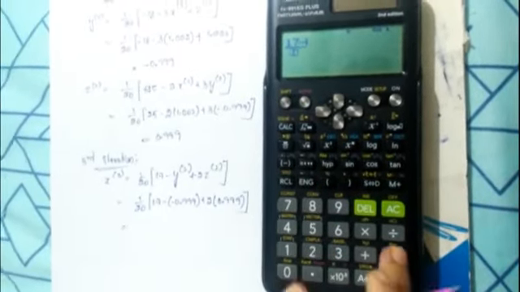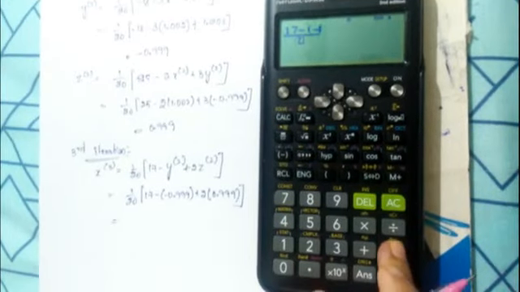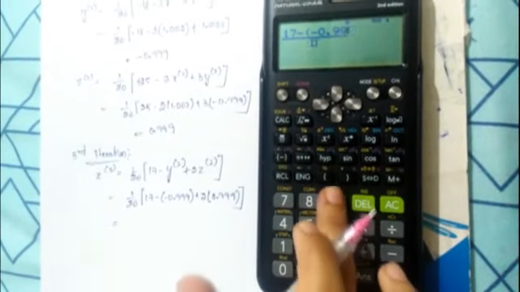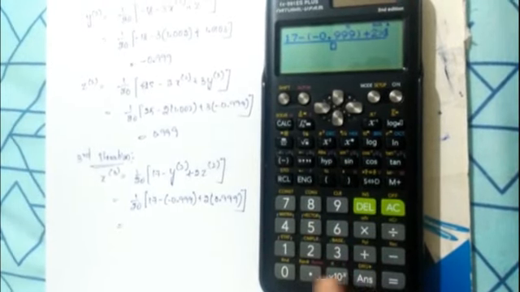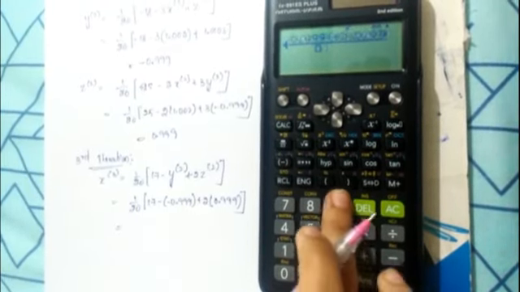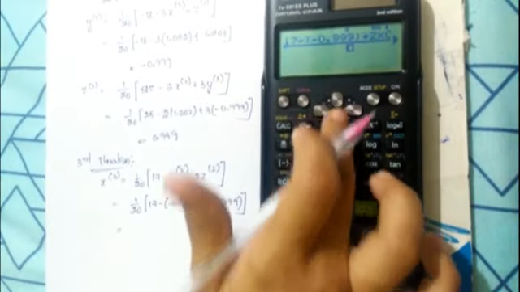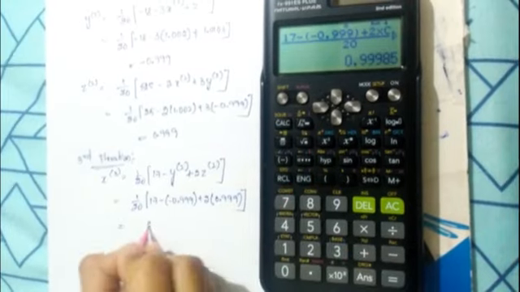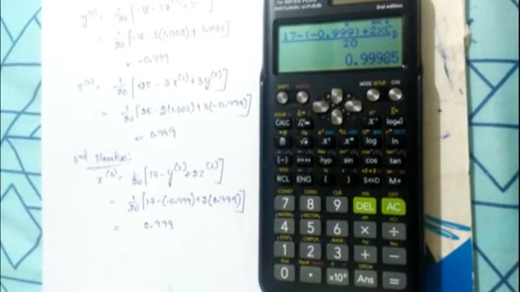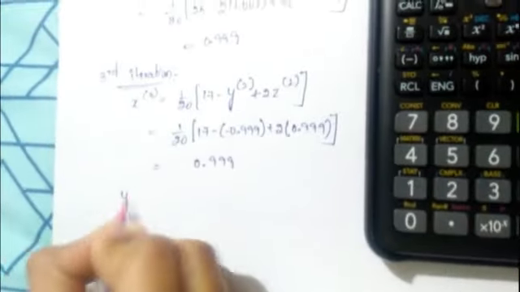The fractional one. 17 minus open brace minus 0.999 close the brace plus 2 into 0.999. Get the cursor into the denominator. Enter the value 20. You will get the value as 0.999. Then y of 3 equals to